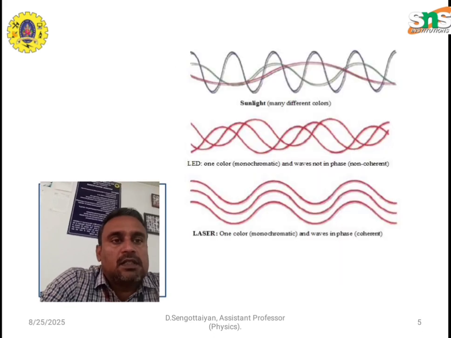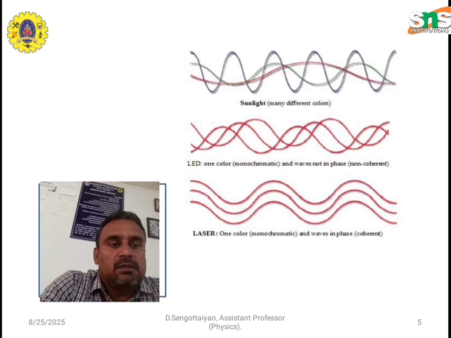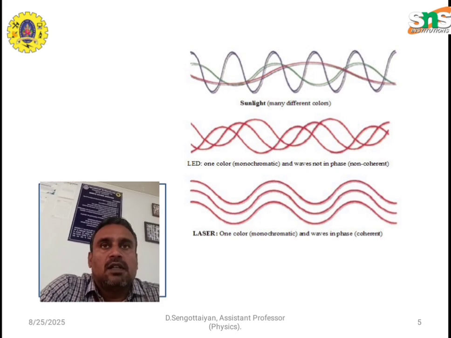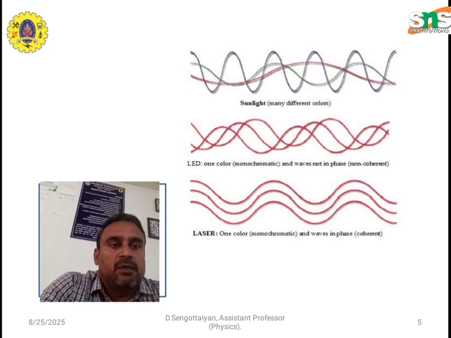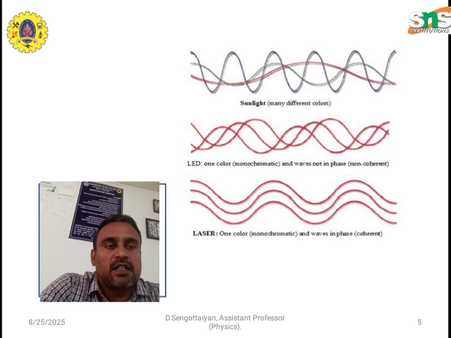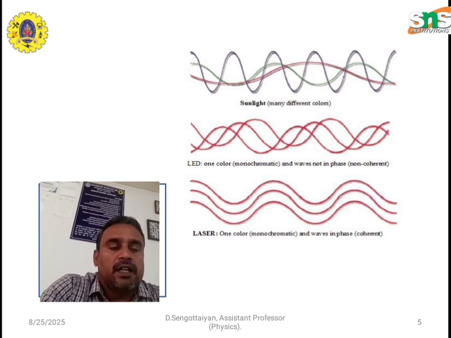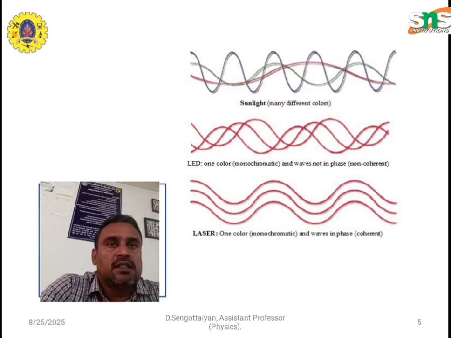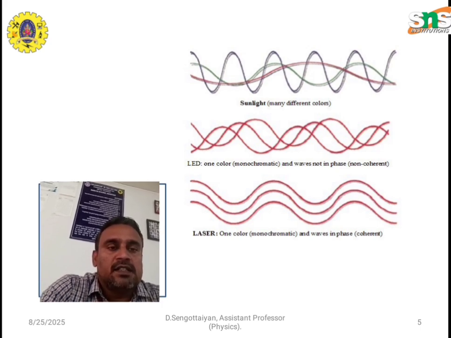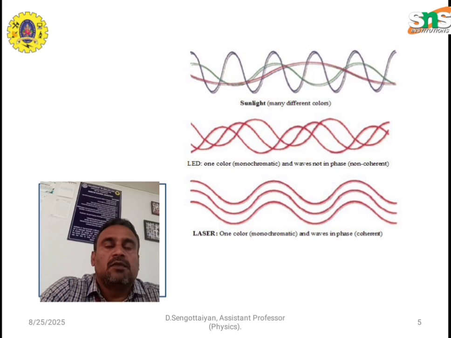We all know that ordinary light spreads everywhere. That means ordinary light is a low or very weak directionality beam. That is spontaneous emission. Atoms move from the ground state to the excited state, then go back to normal. That means spontaneous work is produced, and that is called ordinary light. If energy is stimulated, that is called stimulated emission. Energy transfers from one atom to another atom, and that is